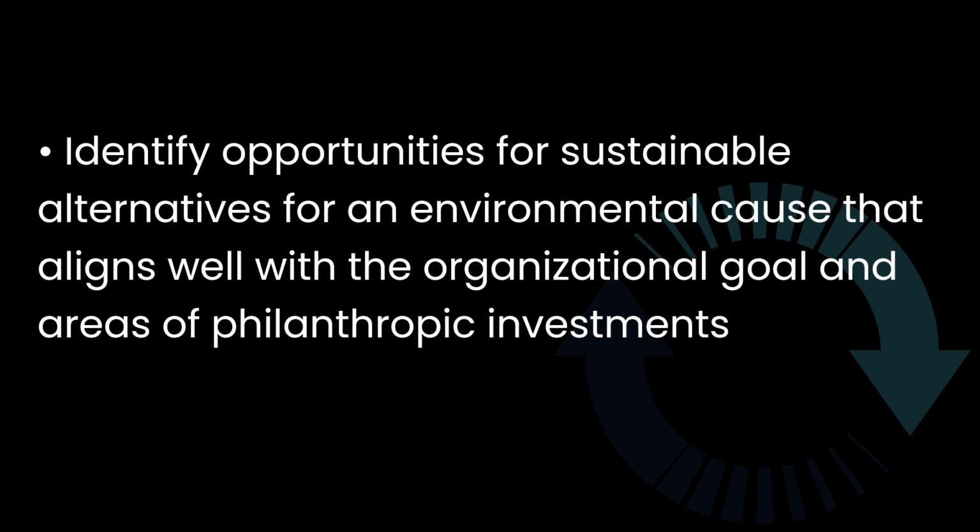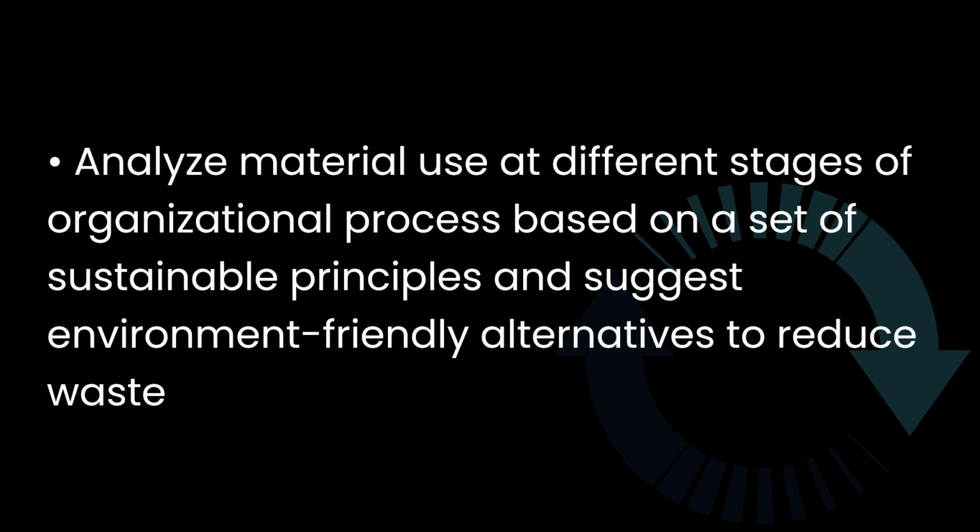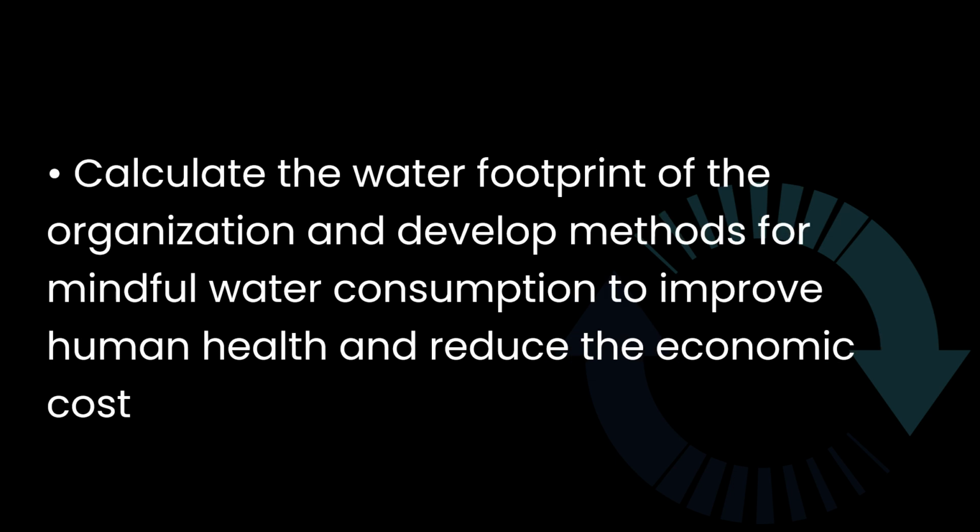philanthropic investments. Analyze material use at different stages of organizational process, based on a set of sustainable principles, and suggest environment-friendly alternatives to reduce waste. Calculate the water footprint of the organization, and develop methods for mindful water consumption to improve human health and reduce